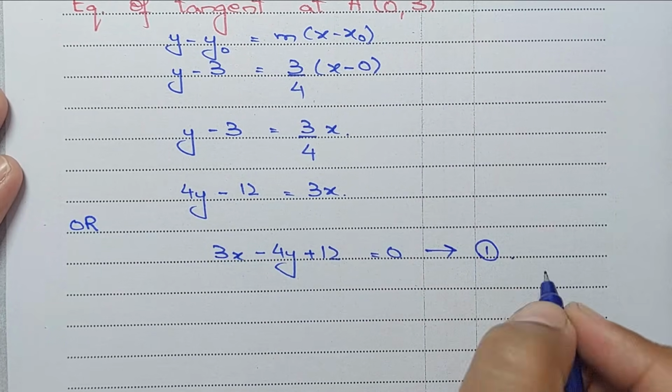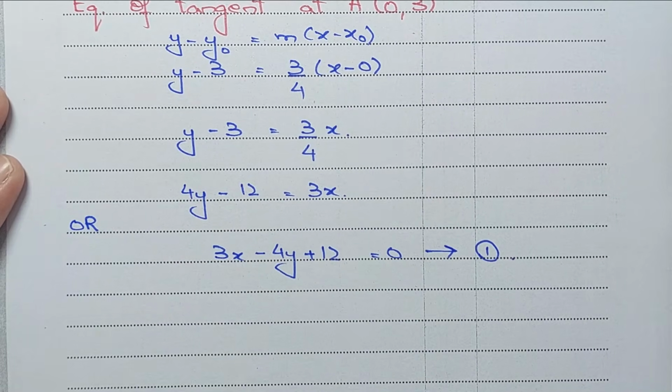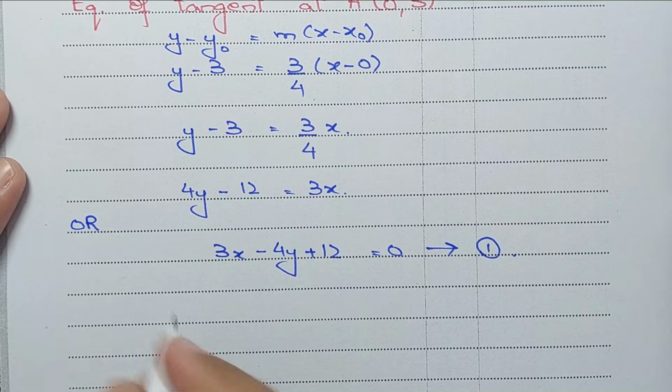This is your first equation, right? 3x is shifted to the other side, becomes minus, and this becomes plus. Yes. Now the next thing is to figure out what is the gradient